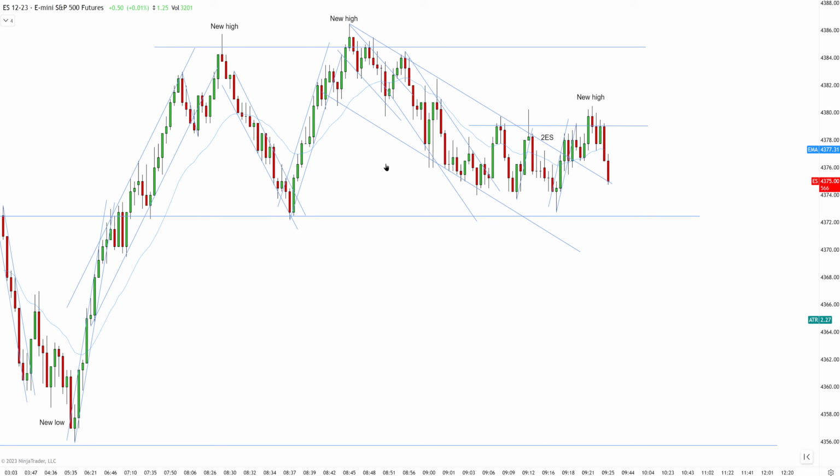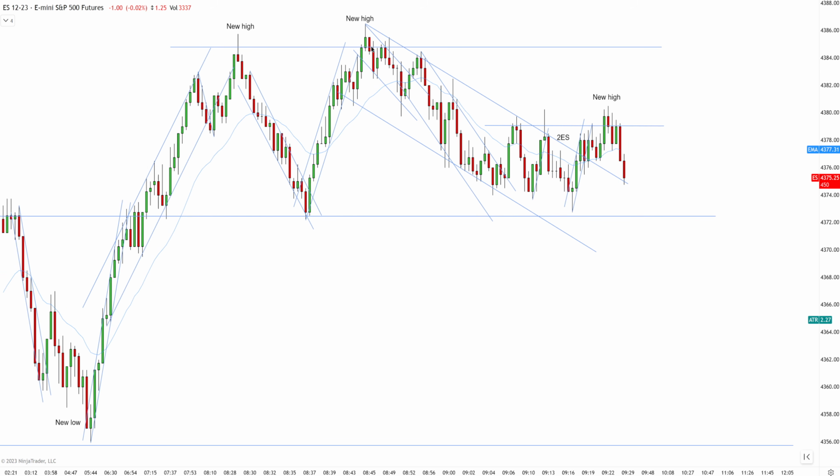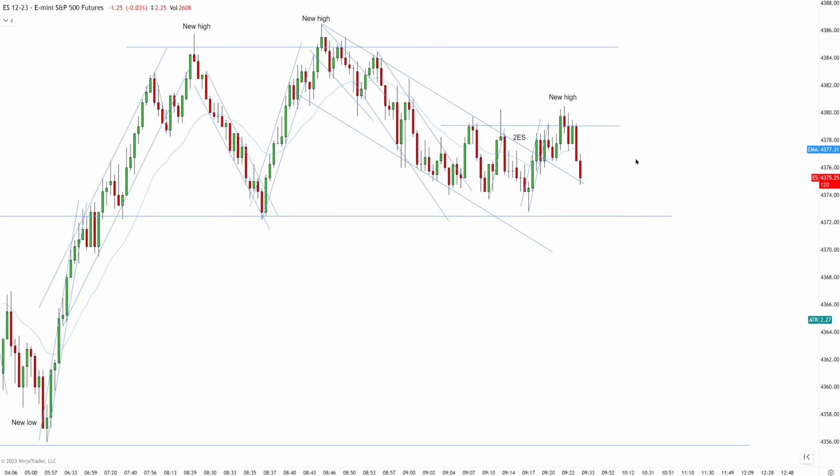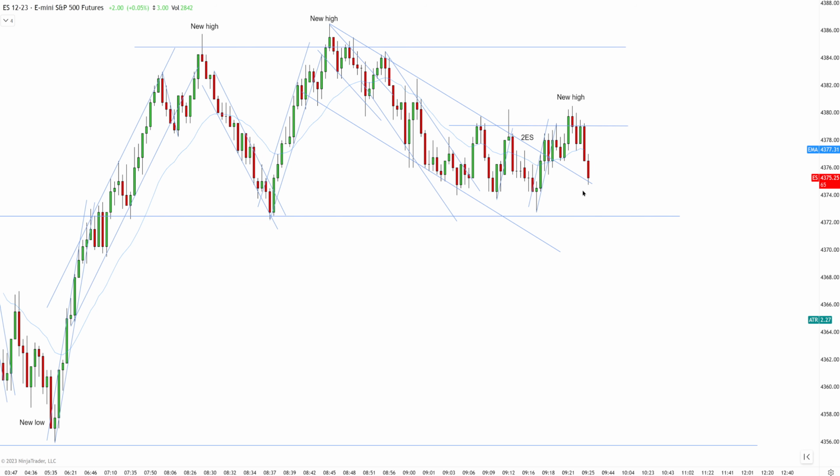So you can see, even if the structure overall doesn't give you a clear picture, if you just follow the short-term channels, you can pretty much stay on the right side of the market for the most part. So be objective and follow the short-term channels. Look for confirmations. You can see geometric formation at the lows, at the highs will keep you on the right